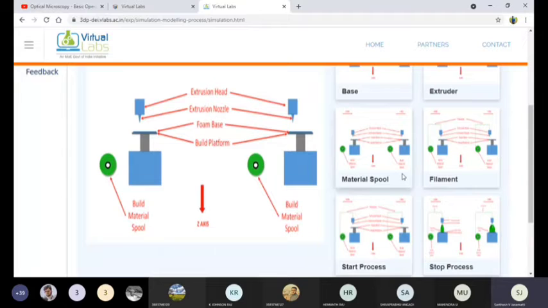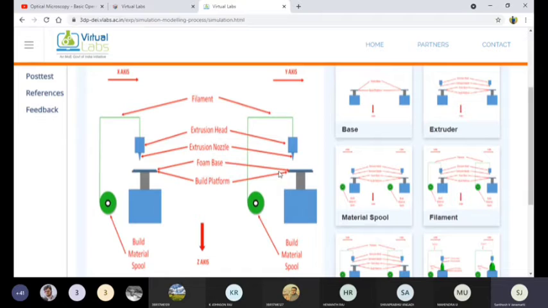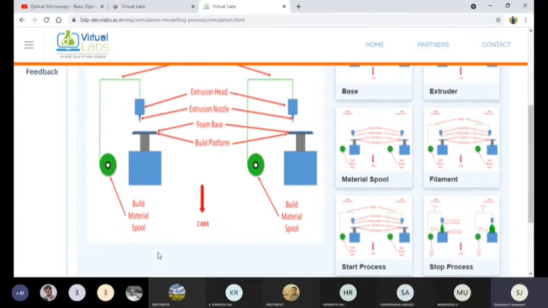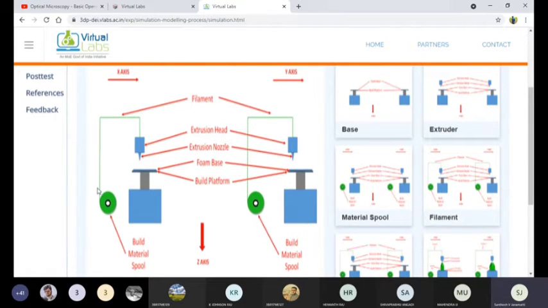Now the spool is arranged. Let's go for the filament. The filament means the spool is connected to the extruder. Once you start the button, the spool continuously supplies the filaments, the fiber materials, which are connected to the extruder. Once you switch on the machine, the extruder continuously pulls the filaments from the spool.